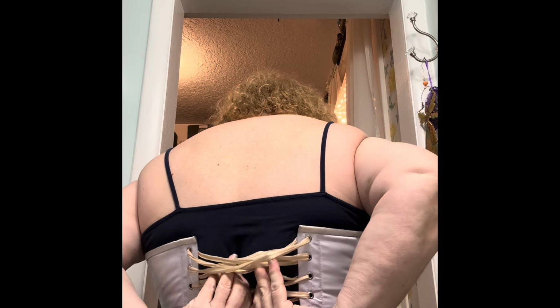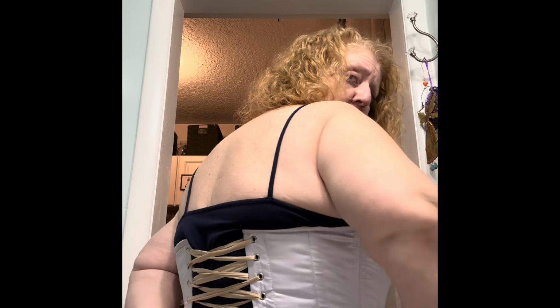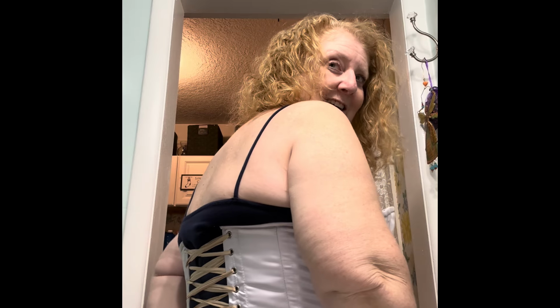Same thing with the top, find an X, and as you get used to this, you'll get better at it. So you just start working your way up and tightening that in. I always give a little jump. I don't know why, that just makes it easier. Once you're tightened in to your comfort level, you don't want to go too tight,